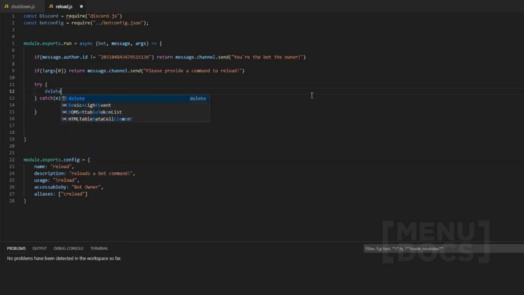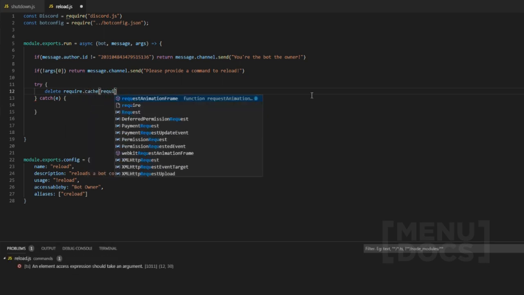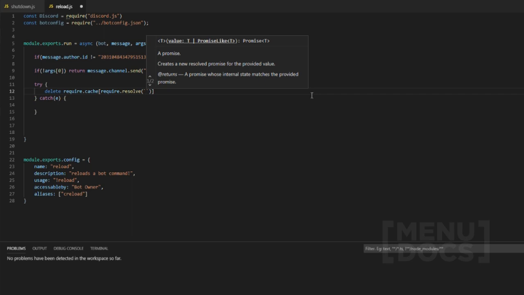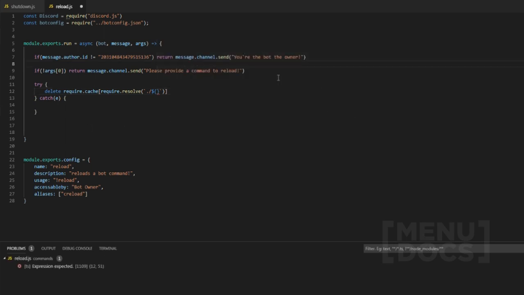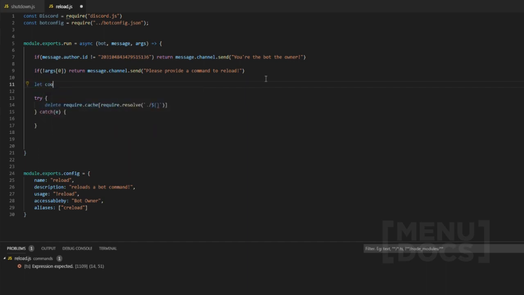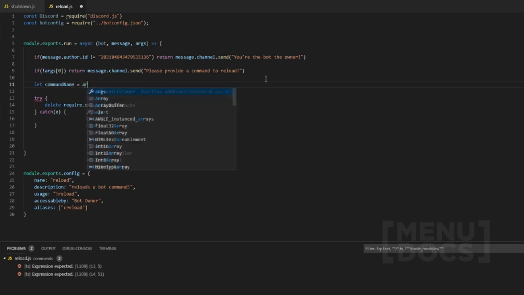Now what we're going to do is start off by deleting any cache that we have. So we're going to do require.cache, require.resolve, and then we're also going to quickly get some backticks and do some template literal stuff. And then actually, I think it might be a better idea. Yes, it should be a better idea if we do command name equals args